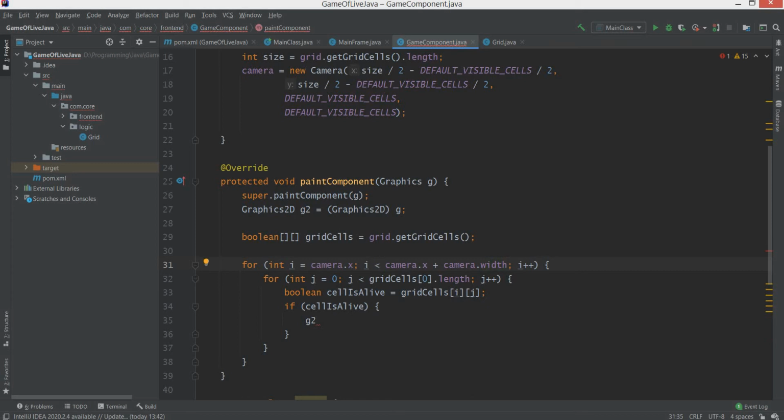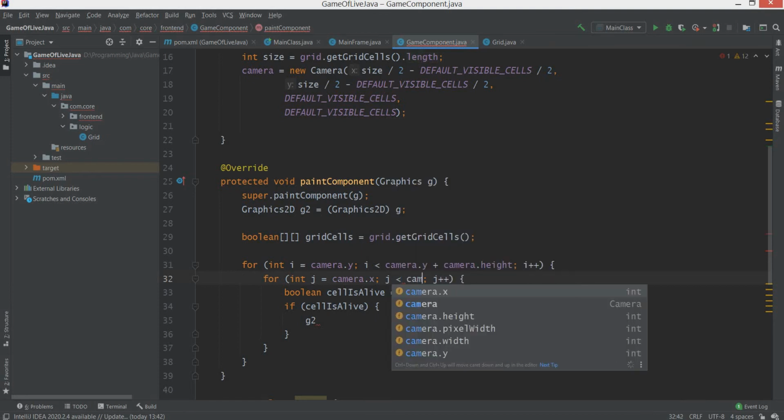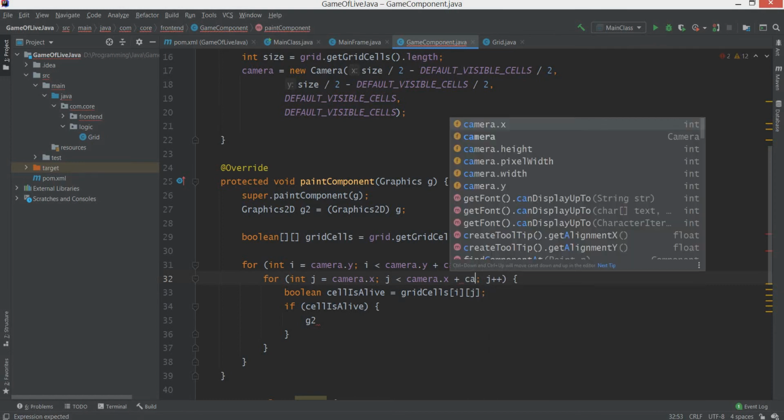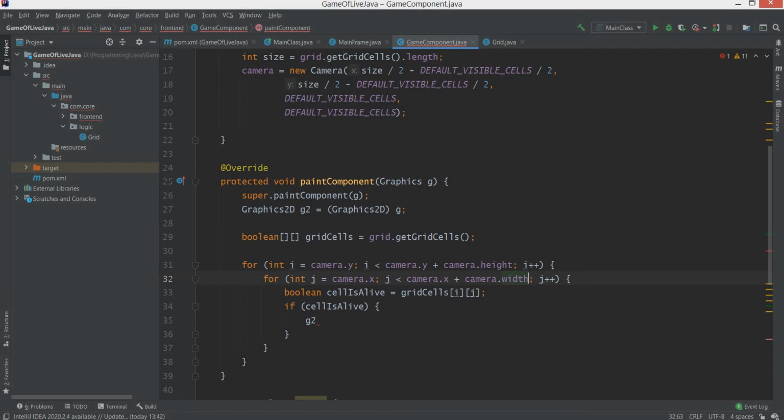Let's say if we have 1, I think we should not, right? And for j, or no, the outer loop would work with y, so this would be y and height, right, and the actual j would be camera dot x and camera dot x plus camera width, right. And we get these grid cells,